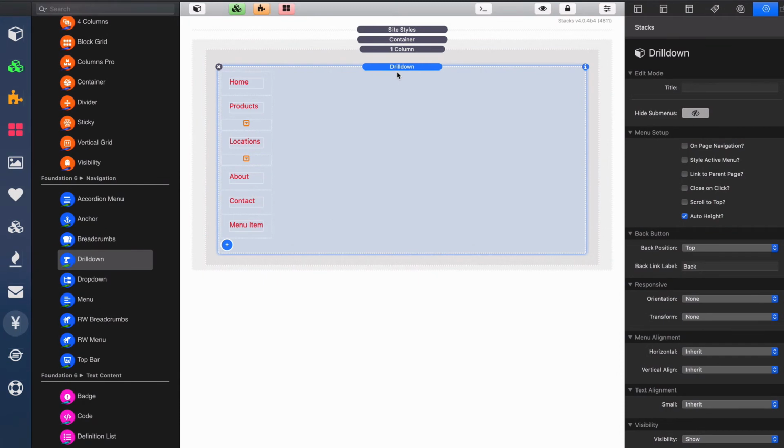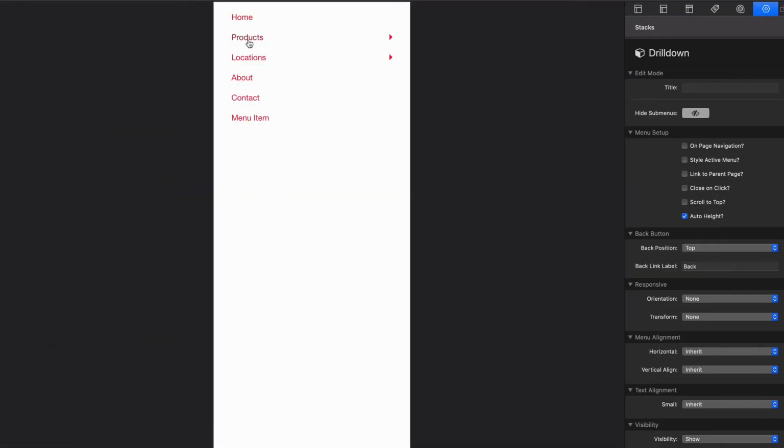So this is the drill down menu, and this is probably going to be a very commonly used menu on mobile. It's a very popular menu on mobile, yet it's not very much used on desktop and larger devices. Let's see why, right? If we look at preview, we'll see that on mobile, this type of menu really makes sense because we can drill down and go multi-layers deep, and click the back button to get up a level. It's very intuitive, and if you have a lot of menu items,